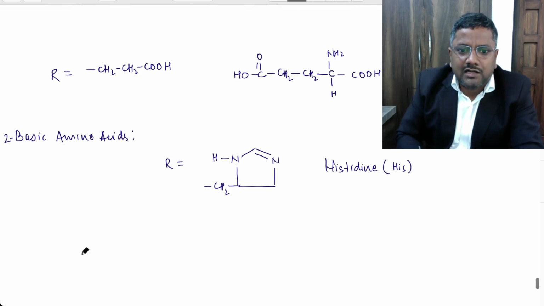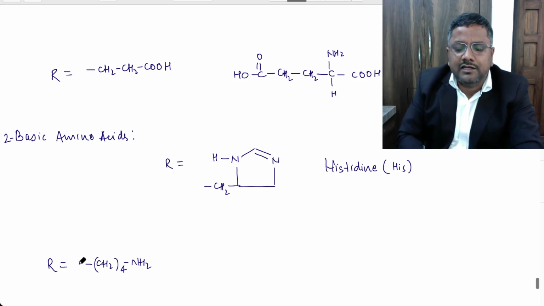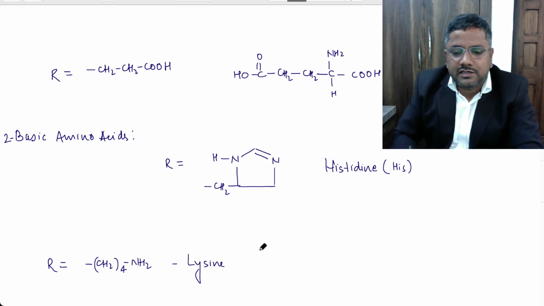If R is equal to CH2 whole 4 NH2, means you have to add here CH NH2 COH. Then the compound is lysine, right? LYS,